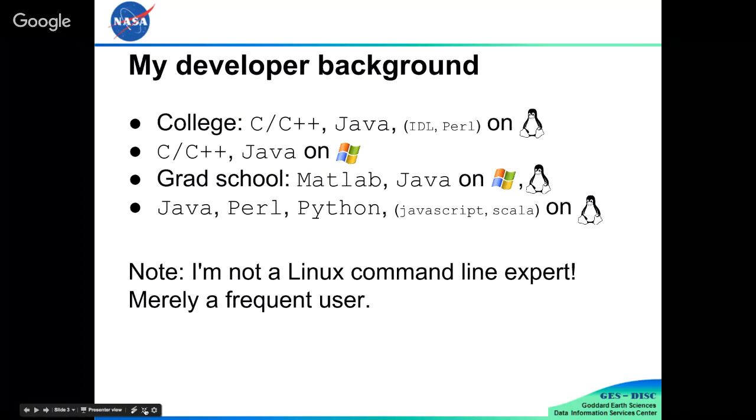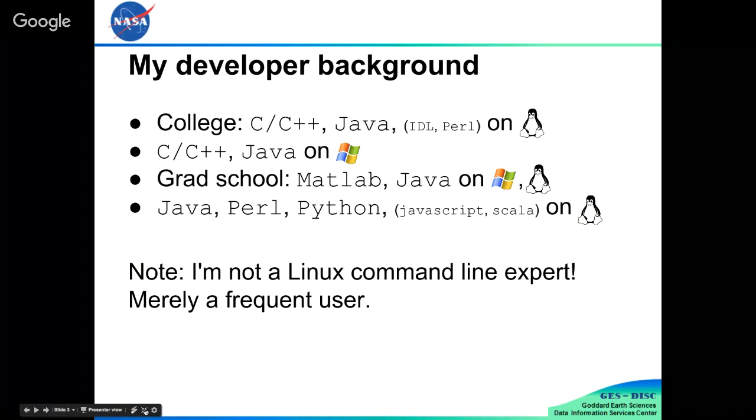So my background. When I was in college, we did C and C++, Java. I did a little bit of IDL and Perl on Linux. Actually, it may have been Solaris. It's been a while, I don't remember. After college, I worked in C, C++, and Java on Windows, so I left the Linux world for a while.